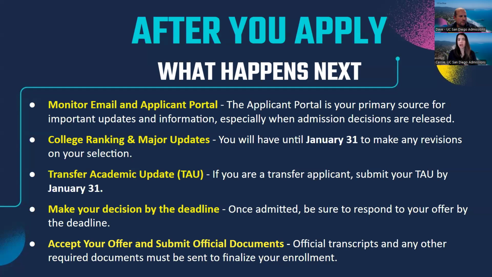And the same thing goes for our applicant portal. If we need more information or if your decision comes out, it's going to show up on your applicant portal. So check there for deadlines, for updates, for important information, and just resources in general. We usually do webinars and stuff in the spring too, or if you just want more information, there's more info in the spring. So keep an eye on that email and that applicant portal once you have access to it, once you've submitted your application. Also on the applicant portal, you can change your college ranking and your major too.